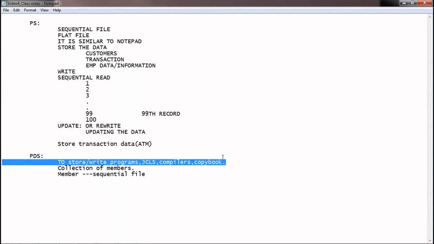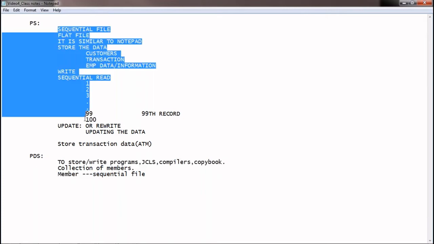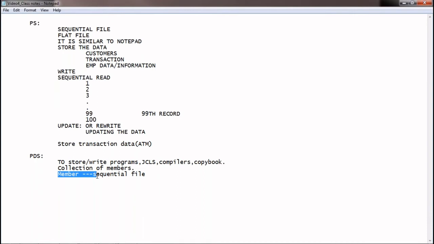There might be a cross question: can we store the data? What data are we storing in a sequential file? Can I store the same data in a member of a PDS? 100%. You can store customer data, transaction data, employee data, any type of data, in a member of a PDS.